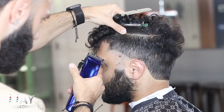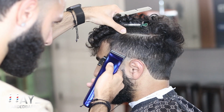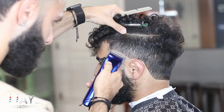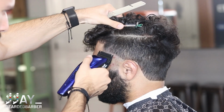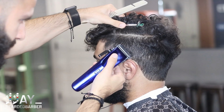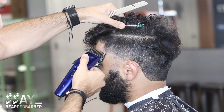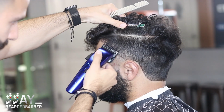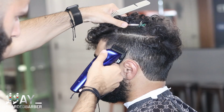So we start same thing, all the way open, halfway, all the way closed, and then after that just move the lever as you need. But next we'll move to the 1 guard, open. Go ahead and start to fade out into that 3. It's going to slightly blend into that 3, but obviously later on we'll go back with our 2 guard to connect it all. But use that 1 guard completely open, coming off the head, not digging in,